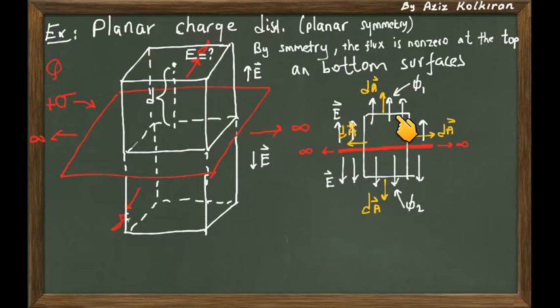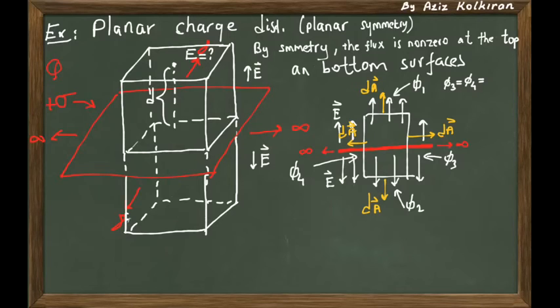So let's label the fluxes through these surfaces. Let's label the flux of the top surface phi1, and the flux through the bottom surface as phi2, the flux through the side surfaces phi3 and phi4. Well, since we have 6 surfaces, I just didn't show you the rest of the surfaces because they will be parallel to the surface of the board. Anyway, because of the directions,